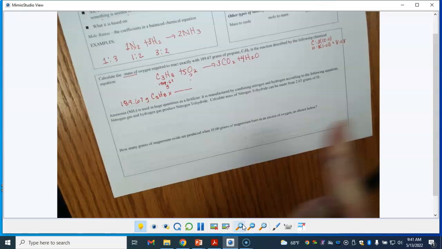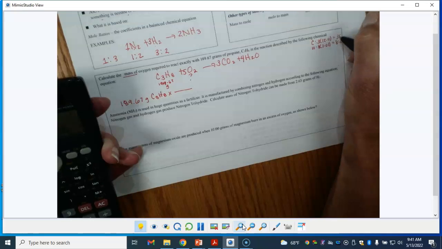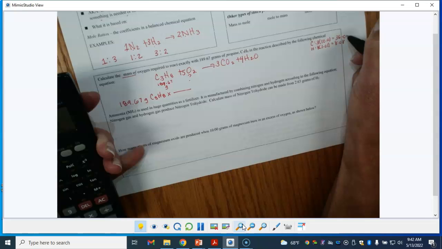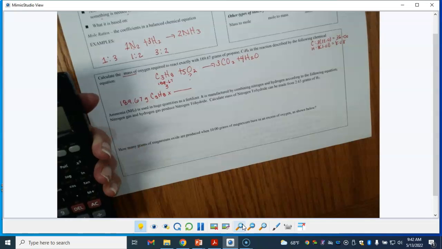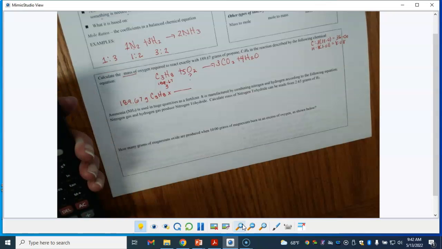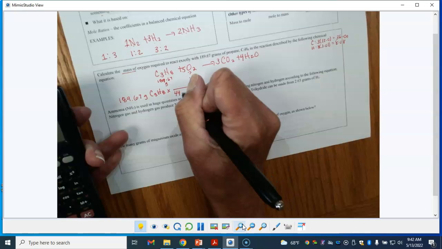Calculators are a must, by the way. 12 times 3 is 36.00. Molar mass is always rounded to 2 places past the decimal. So 36 plus 8.08, is that right? 8 times 1.01 is 8.08, plus 36 is 44.08 grams per mole. Okay, so that's my molar mass of